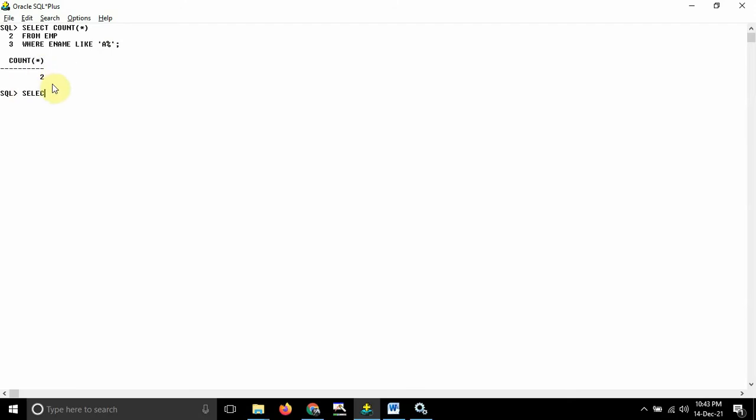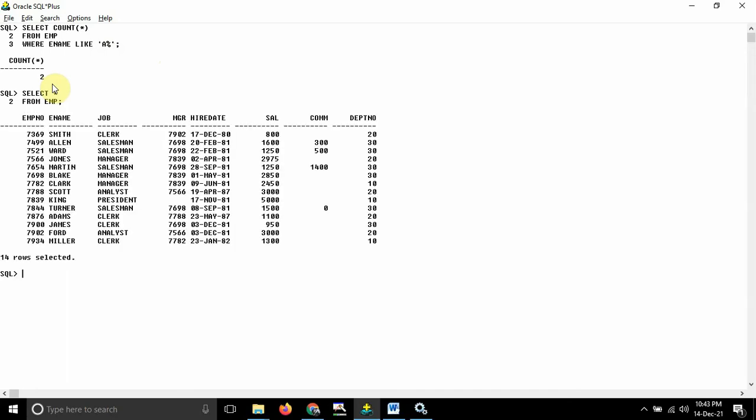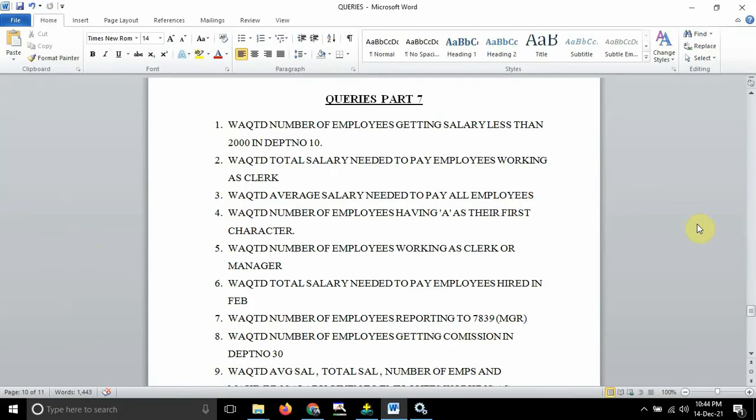If you want to cross check, I will just display guys in front of you from EMP, and you can see the names, right? So Alan is one name, after that Adamas is another name. Okay, can you able to see here, Adamas and Alan are the two names which are starting with A, so that's why it is showing the count as 2. So that's it about the fourth query guys. Right, so next one, fifth one,